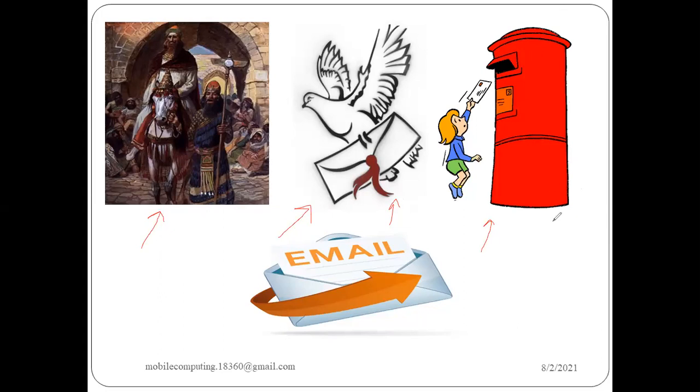Now after this we have electronic mail. So this is a mail we are communicating. But once the computers come into the picture, then we have the latest mail through which we are communicating, that is electronic mail. In this manner we have transformed from one way to another way, right? And finally we are reaching this one. And even we have other methods also, we are trying to do that, right?